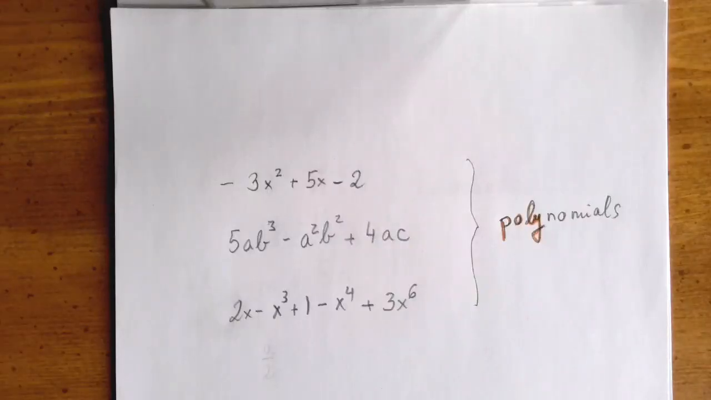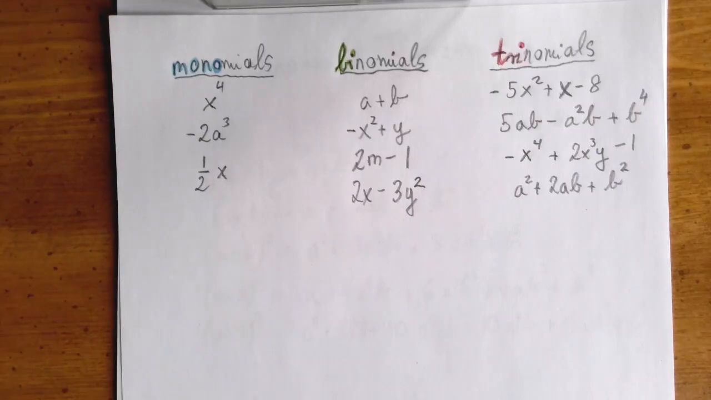So let's start with a little bit of terminology. In Greek, poly means many. These are examples of polynomials. Now in Greek, mono means one, bi means two, and tri means three. So as you see from the examples,